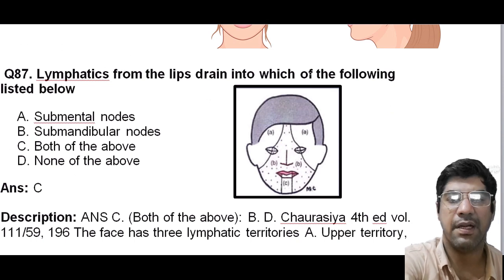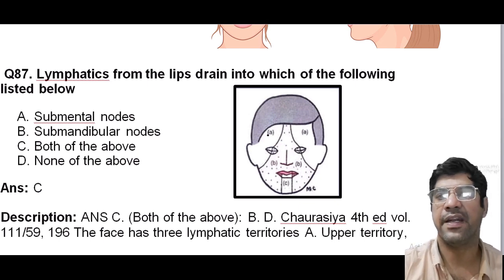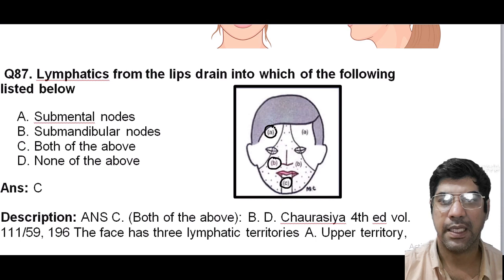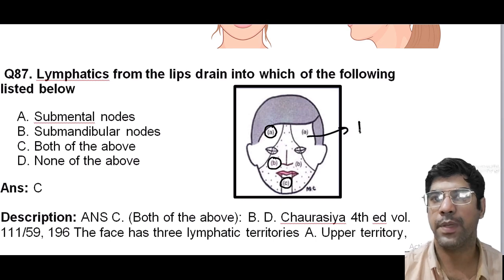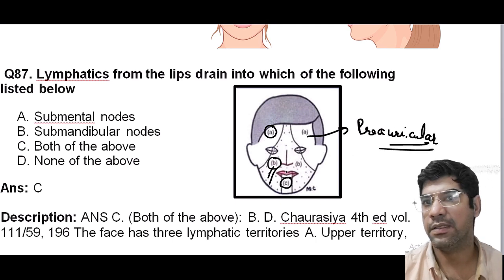Lymphatics from the lips drain into which of the following structures? So the answer is B. Remember, the face has three lymphatic territories: region A, B and region C. Region A is the upper territory that includes the greater part of the forehead, lateral half of the eyelid, conjunctiva, lateral part of the cheek and parotid gland, which drains into the preauricular nodes. The middle territory, this B region,